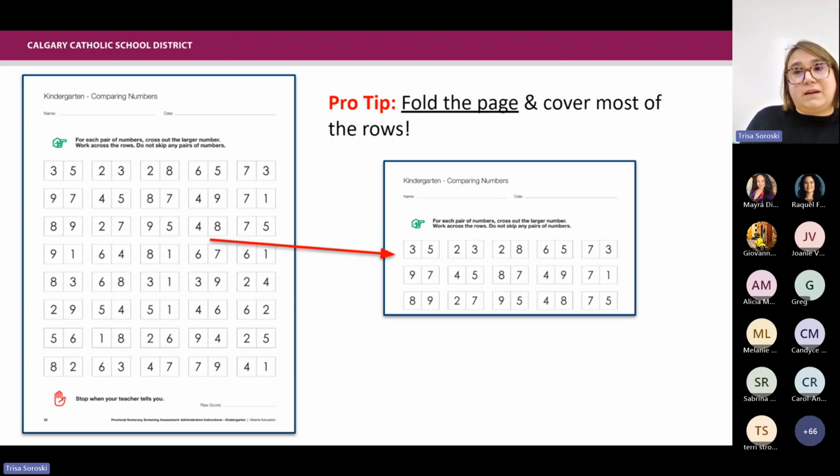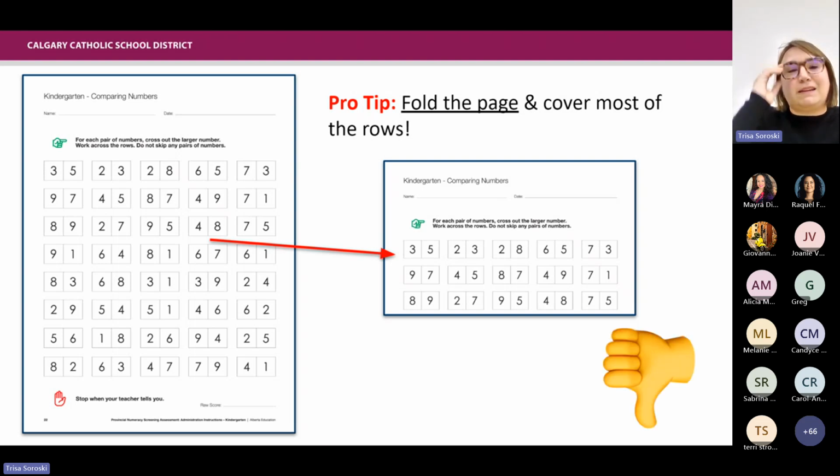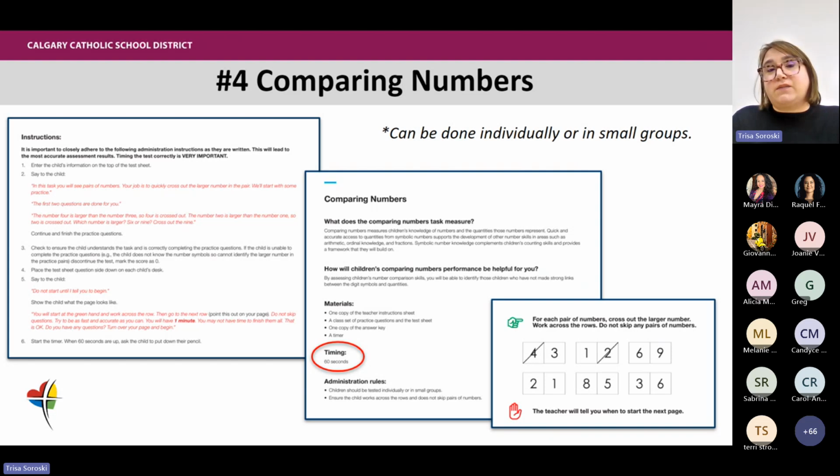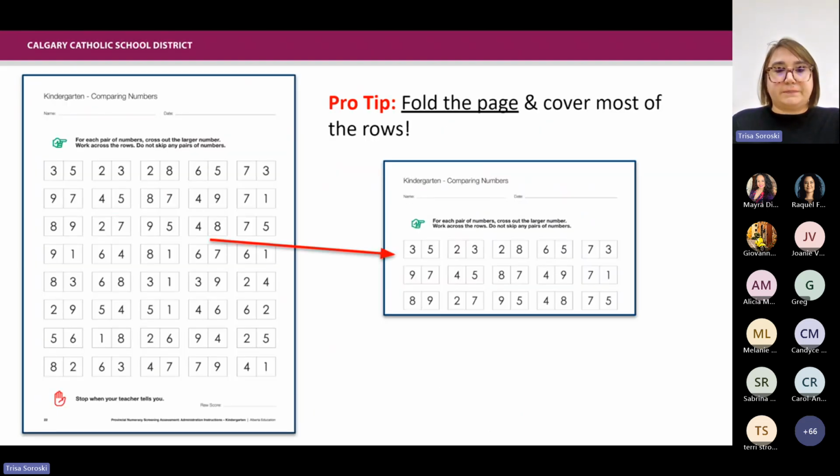If they don't have any idea of comparison or magnitude to be able to compare these 2 symbols, then just put it as a 0 and move on. This assessment gets a bit of a thumbs down from me because we need to do it, and it would be interesting to see if students can do it. But personally, I wouldn't spend too much energy on this. If they can't even do the practice, mark it as 0 and send them back to go back and play. It's perfectly okay for students to score a 0, especially on this one. Remember, we're looking for growth over time. So, not a big focus.